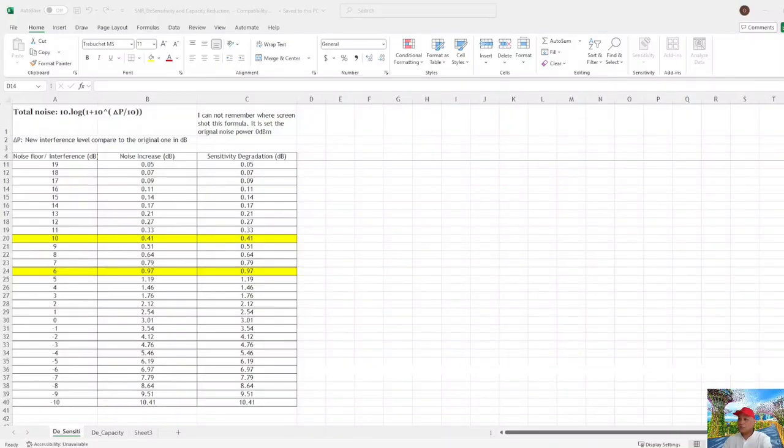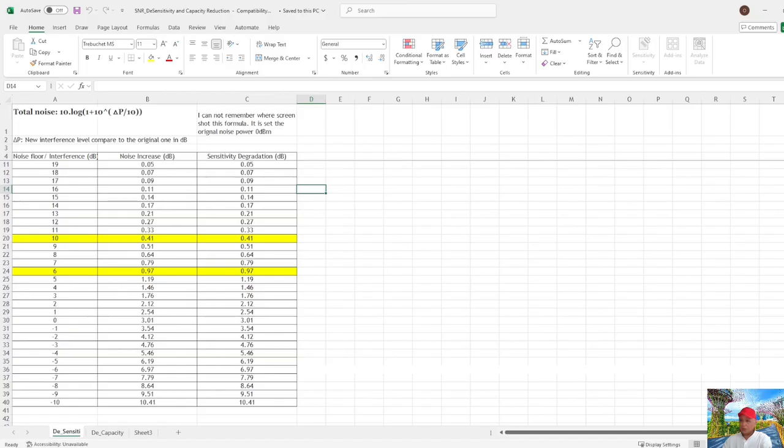Let me show how we calculate the sensitivity degradation and then the capacity degradation. This is a tool I prepared based on what we just discussed. For example, here is the noise floor over the interference. If the interference is 10 dB, as we showed in the slides, this is the tool we used to do the calculation.